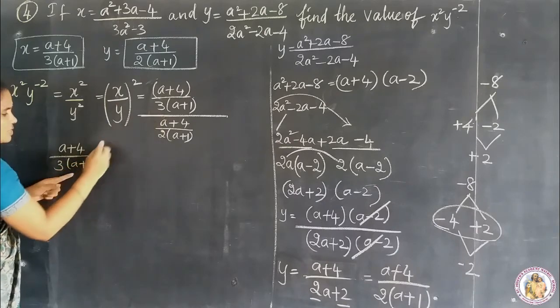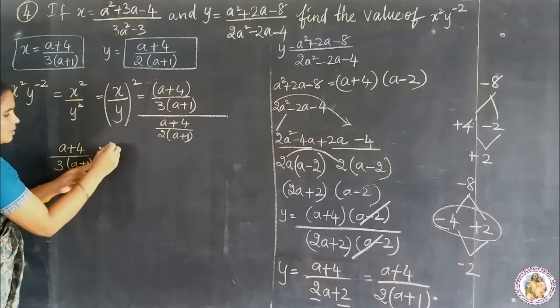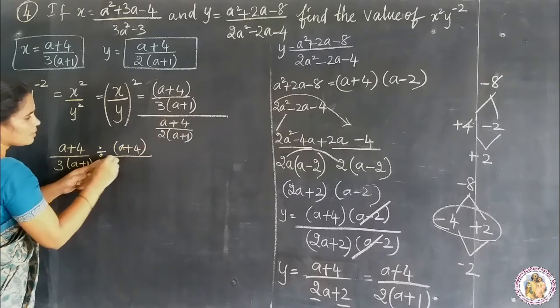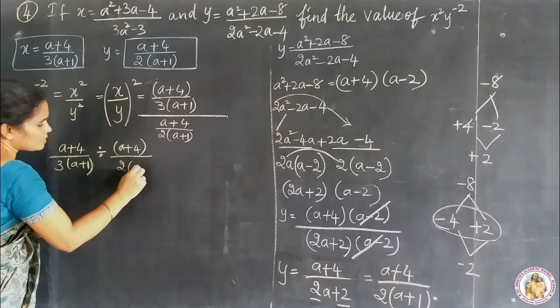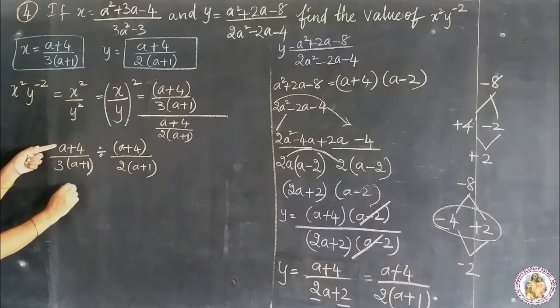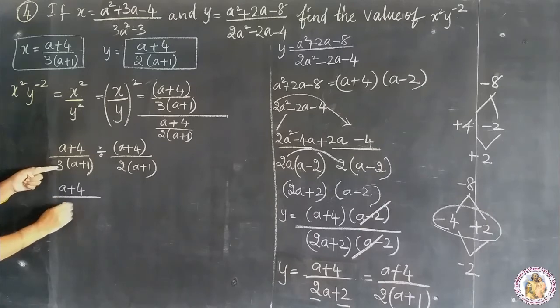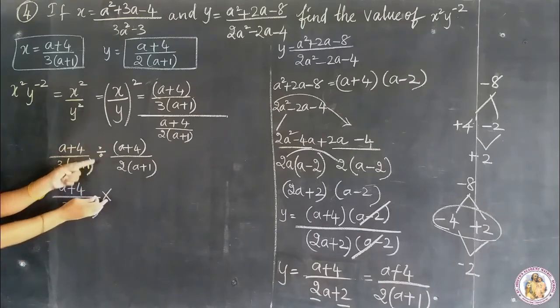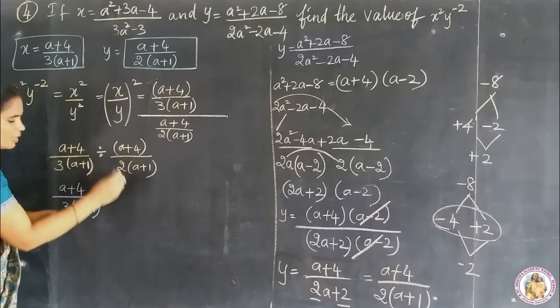In place of division, write like this and write a plus 4 over 2a plus 1. Okay, now a plus 4 divided by 3a plus 1. Division as multiplication. Now do reciprocal, write